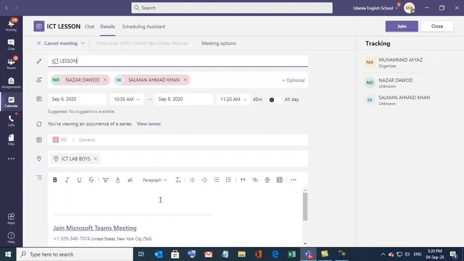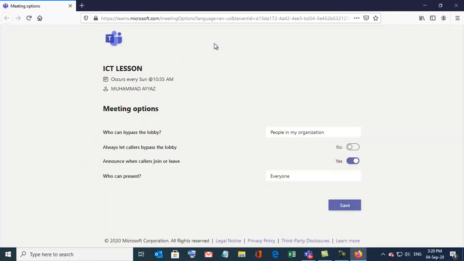When this opens, go to the meeting options. To set the control of the presentation, please see this: who can bypass the lobby, meaning they don't have to wait, they can join directly.